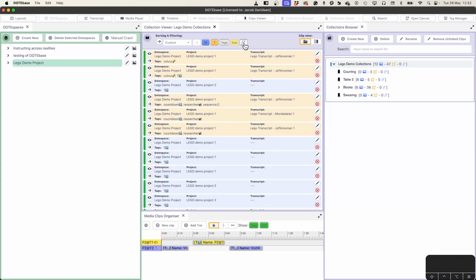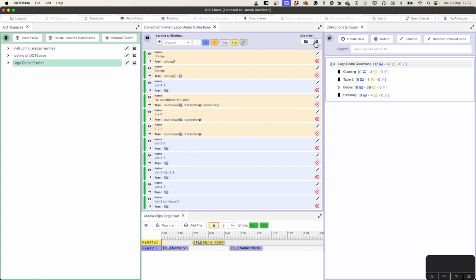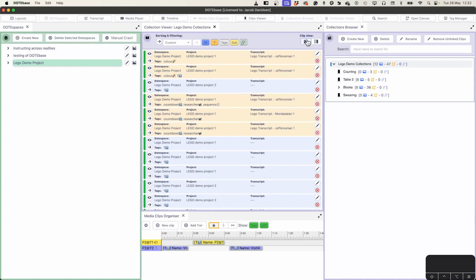And then you can remove or filter out missing or ambiguous clips from this collection in the collection viewer. You can decide if you want the minimalistic version of the view, or you want all the information in this expanded view. So basically in the collection viewer, as with some of the other panels, you can sort